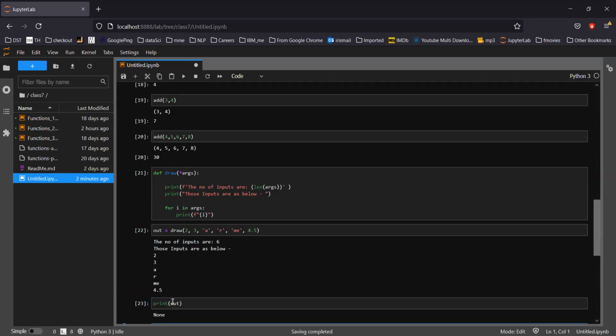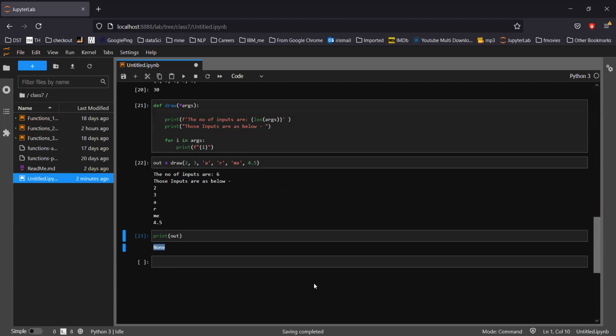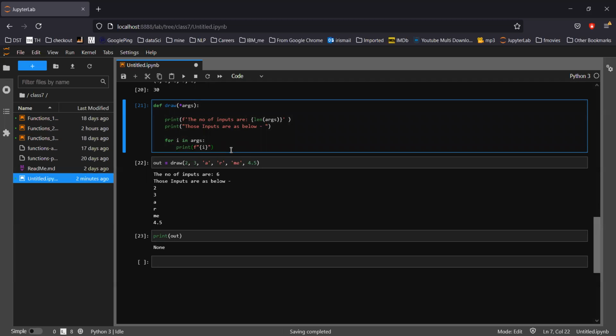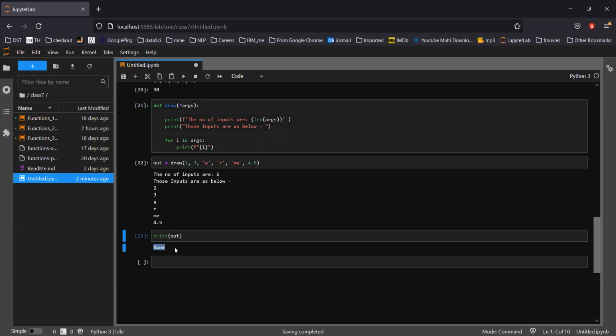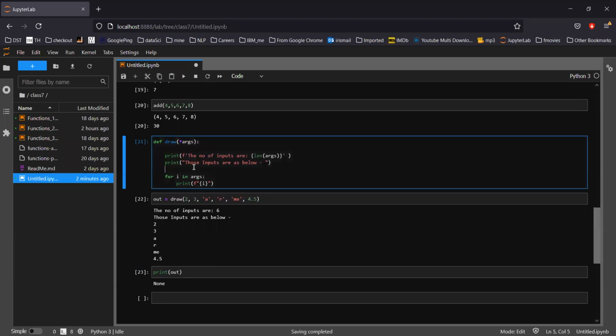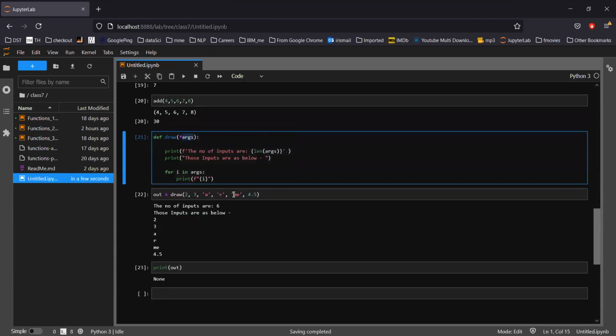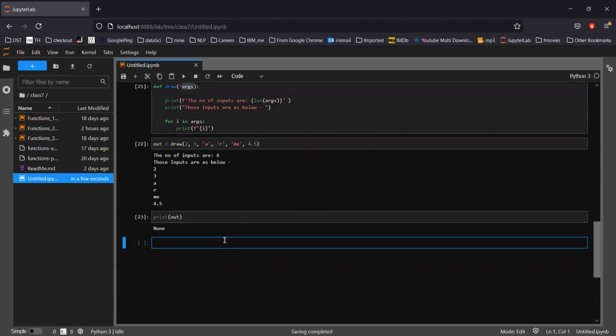This is actually the out, and the output is None. So if you do not define a proper return statement, or you do not define a return statement at all, Python will treat it as null. So this is one scenario. Args always works that way. Now let's design one multiplication function. Let's see that.